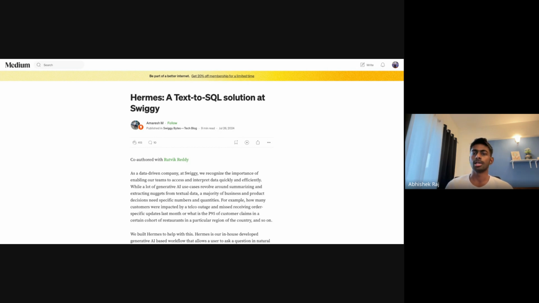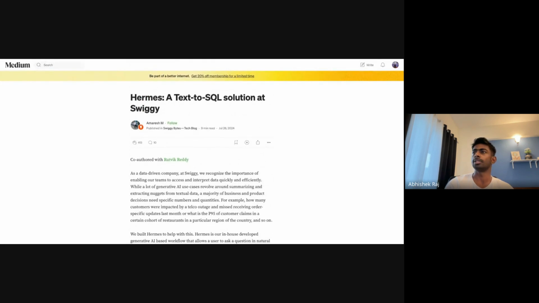So they asked the data science team to build an application where they can just write in natural language, and they will get a graphical representation of the order values and everything.